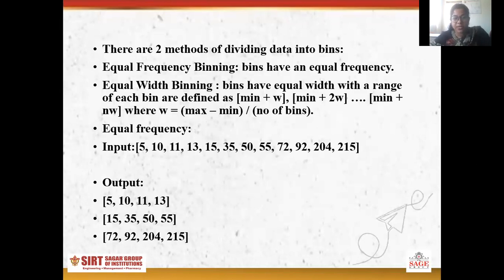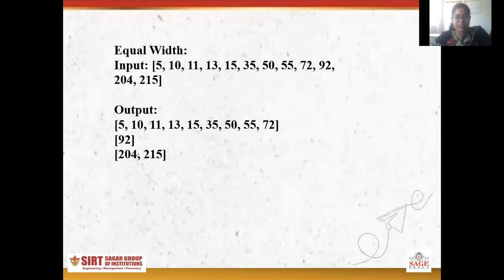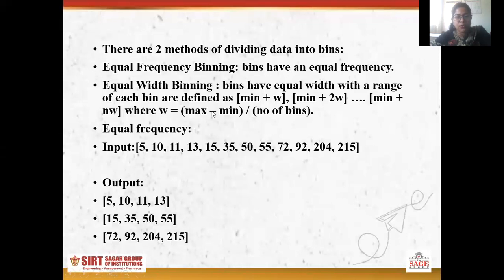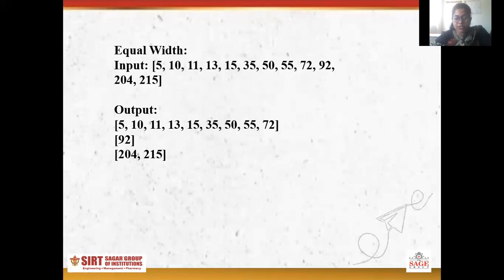The number of bins depends upon you. So you can see this is the input that we have given for equal width. W is equal to 210 upon how many bins you really want. If we consider 3 bins,